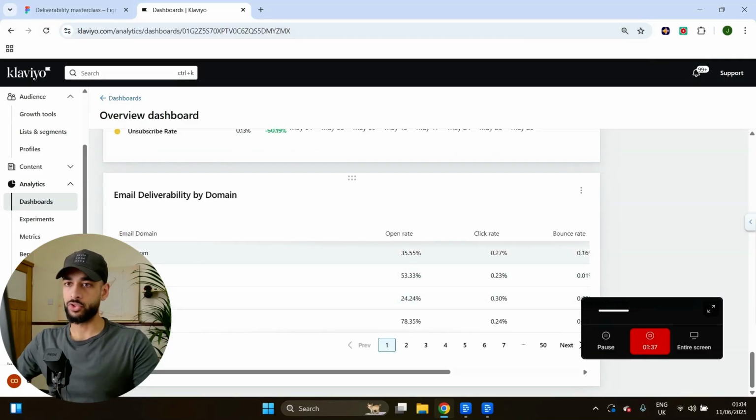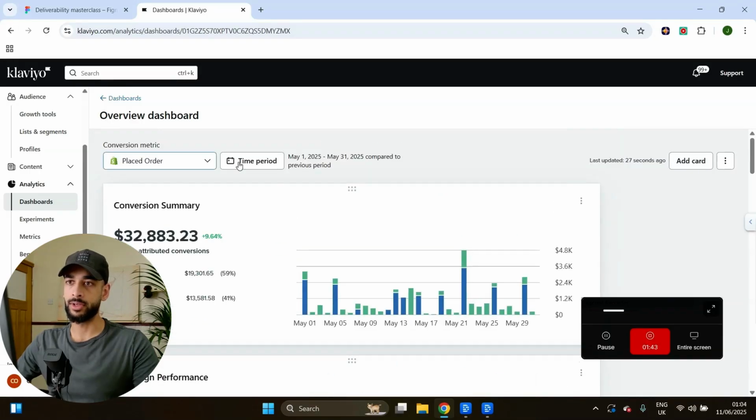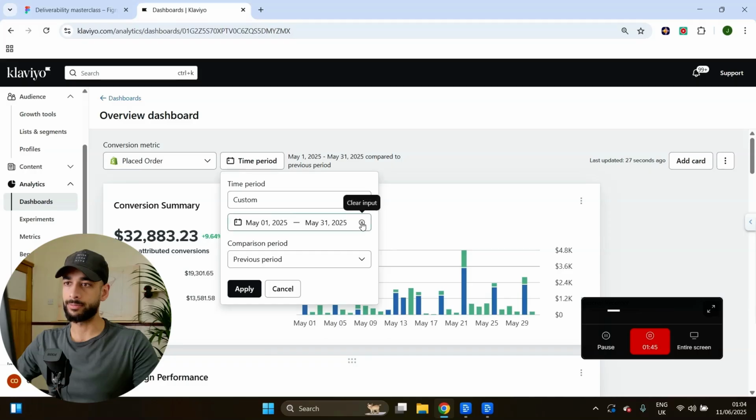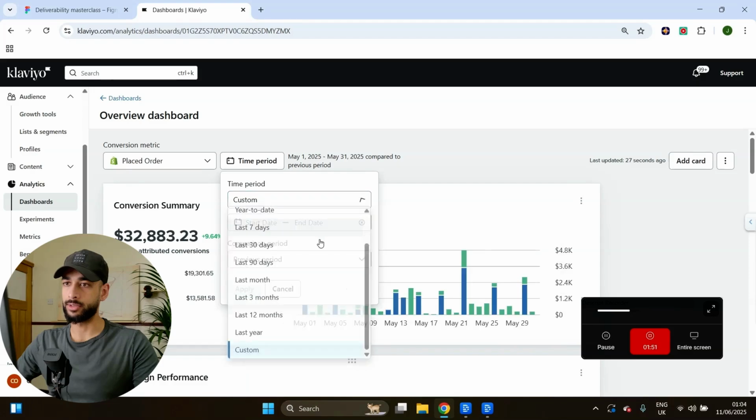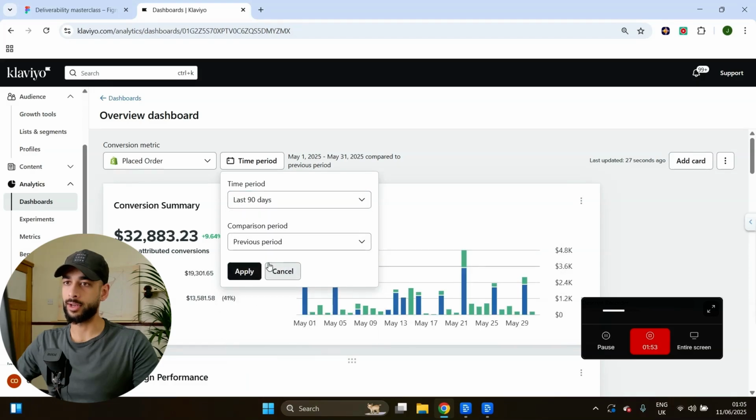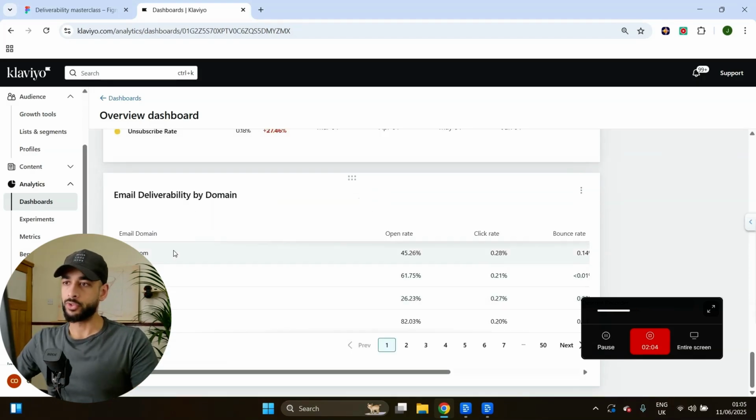Actually, before you do that, just make sure that your time period is long enough. So let's do last 90 days. So gmail.com 45%, yahoo.com 61%, hotmail.com